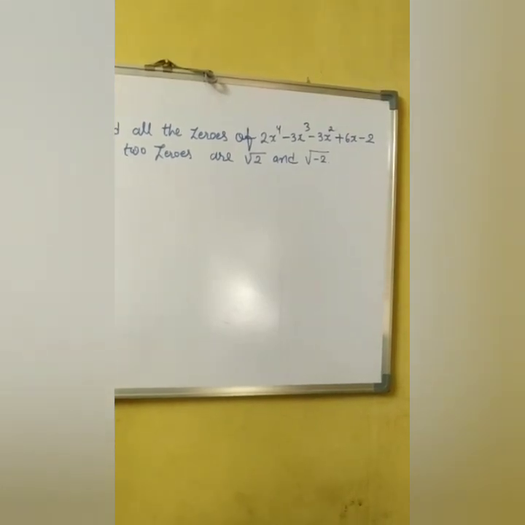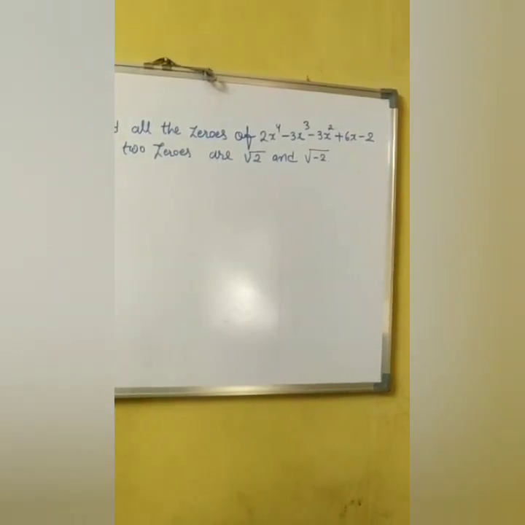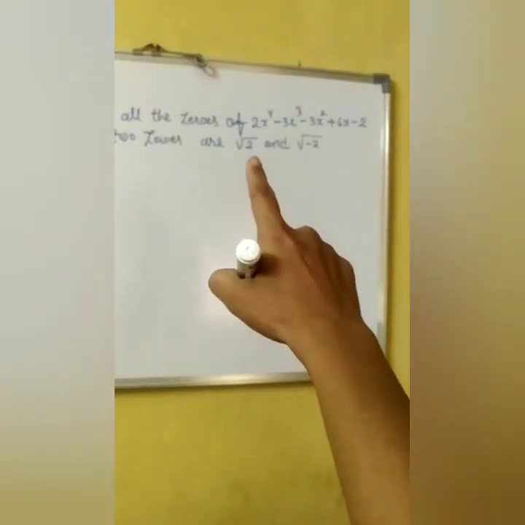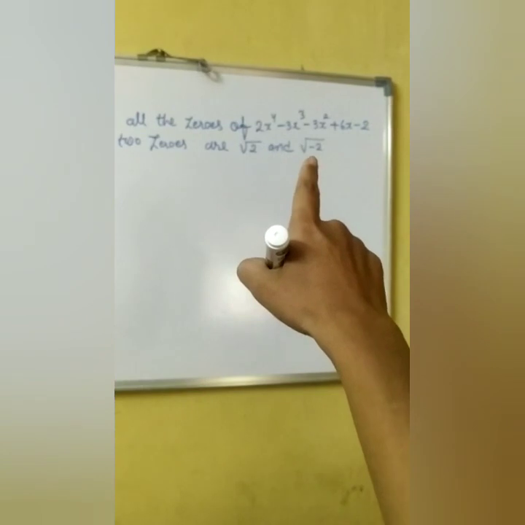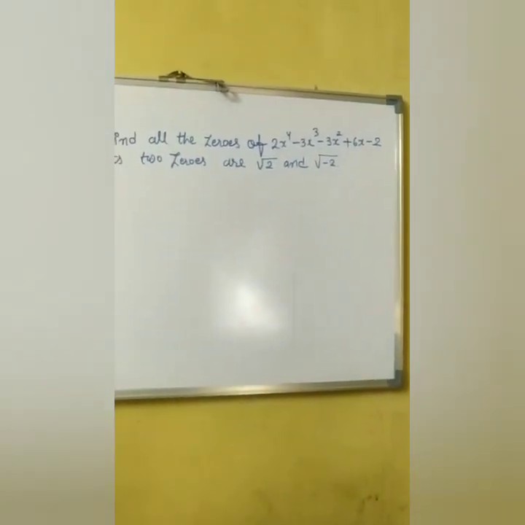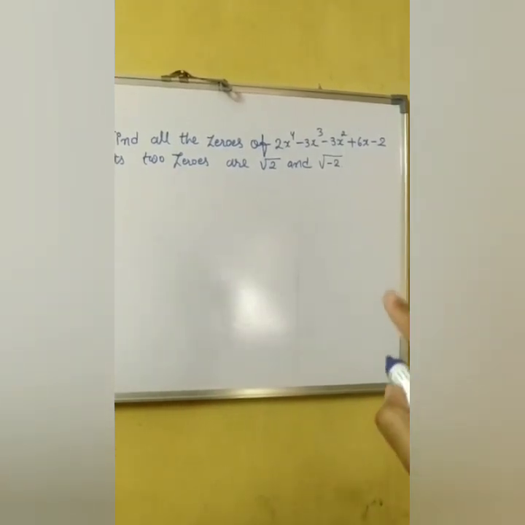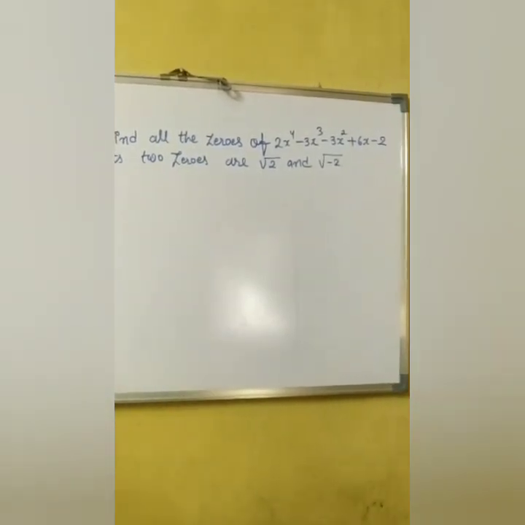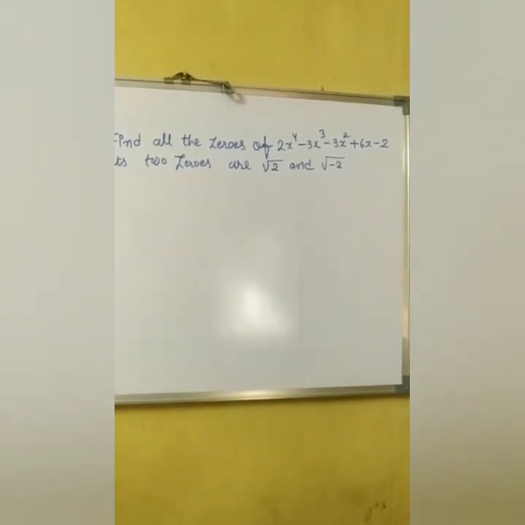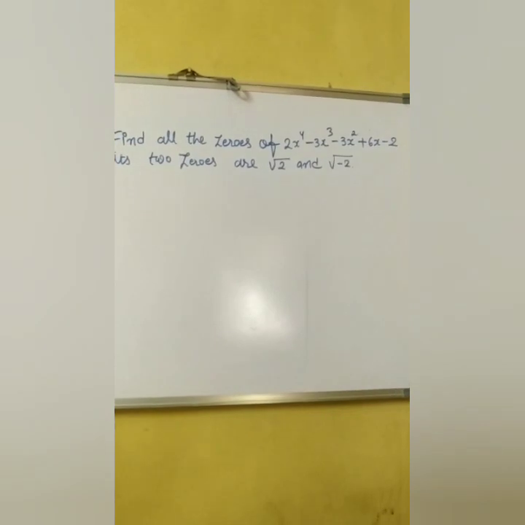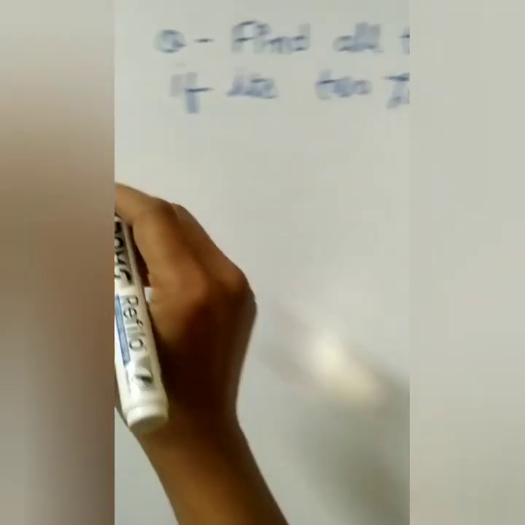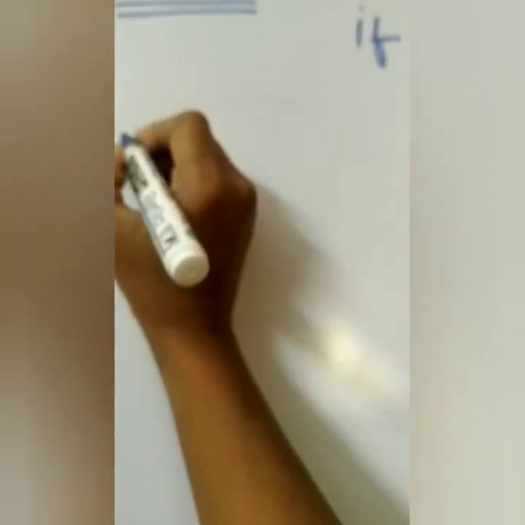Now how do we have to find the zeros? I will show you the process. This is a very lengthy process because first we have to simplify this root 2 and minus root 2. Then we will get another polynomial, which is our g of x. Then we have to divide the given p of x by that g of x. Then we will get a quotient. For that quotient we have to do splitting the middle term, and then finally we will get the zeros of the polynomial. So the first process that I will show you is that first we have to compare.